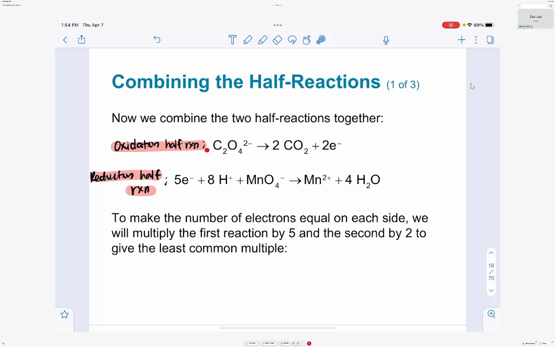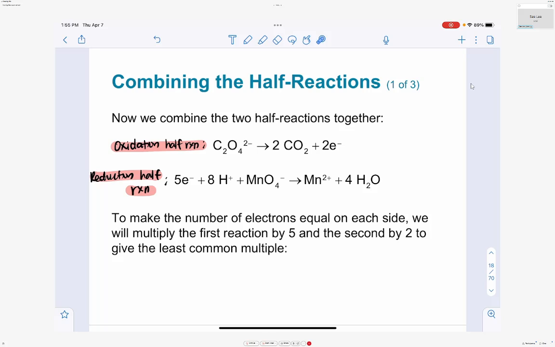It looks like you lost 2 electrons in the oxidation process. It looks like you gained 5 electrons in the reduction process. So we need to find a way to make the number of electrons lost and gained the same. We need to multiply by an appropriate integer so that the electron numbers are equal in both the oxidation and